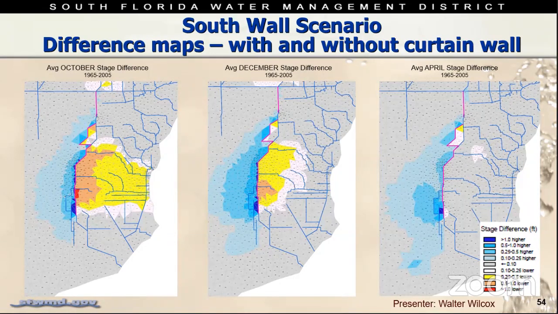It appears like having that little bit of a break in the wall and allowing some of the seepage out of Northeast Shark River Slough to reach further south in the system, it seems like that's providing a little bit more water for Taylor Slough without running flood risk for the South Dade area. And so it's an interesting concept and probably one that we'll need to talk about a little bit more,